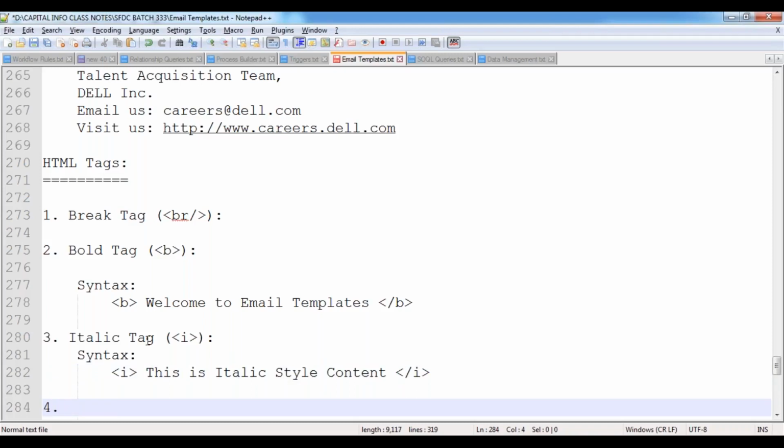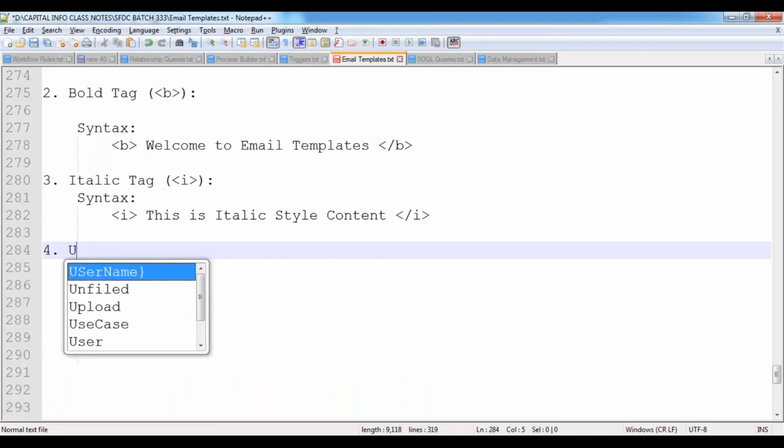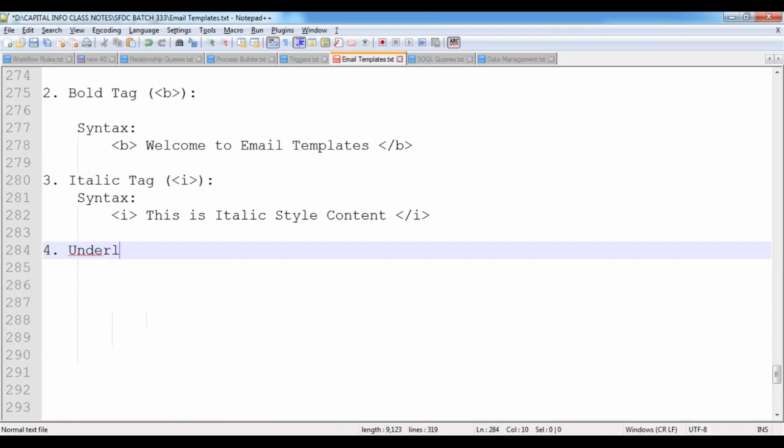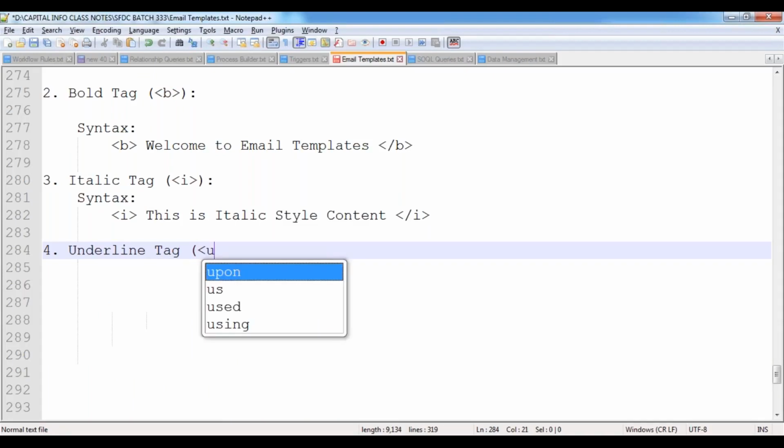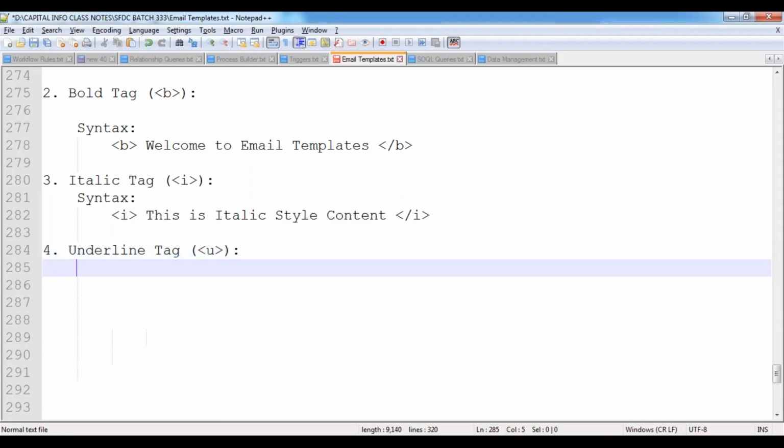Next, the fourth one, underline tag, that is U. What is the use of this underline tag? This underline tag is used to display the content with underline. In order to display some content with underline format, we are going to use the help of the underline tag. Now, the syntax is